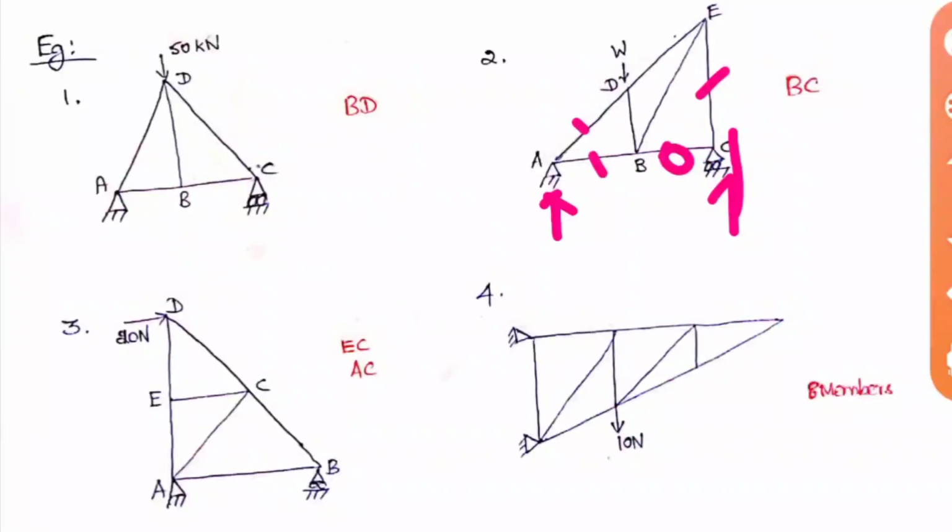So now go to this point, that is D point. Okay, so already on the left side we have a non-zero member, so obviously this also will be a non-zero member only, because it is in a straight line. And then we have a straight member BD, and we have a load at the top. So when the load is like this, it is not an inclined member, it is a straight member, and we have a load there, so this also will become a non-zero member only. So now the left out part is BE alone, so it is also a non-zero member only, because